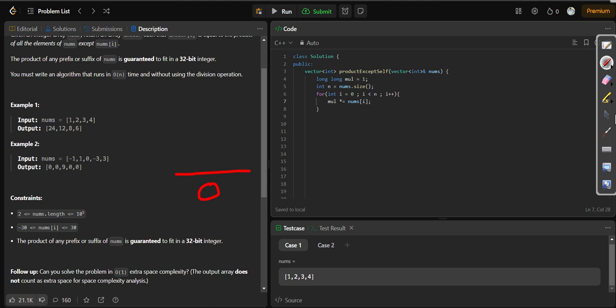Let's suppose we have this example: 1, 1, 0, -3, and 3. If we multiply all the values, 1 into 1 into 0 into -3 into 3, the output is 0.